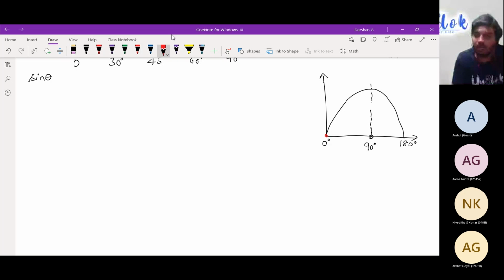Now, this highest point, I am calling it the maximum value it can reach. I'm telling it as 1, directly. It's only 1. It can't go more than 1. Next, if I take exactly half of this on the x-axis, what is it? 45 degrees. Yeah, it will be 45 degrees.